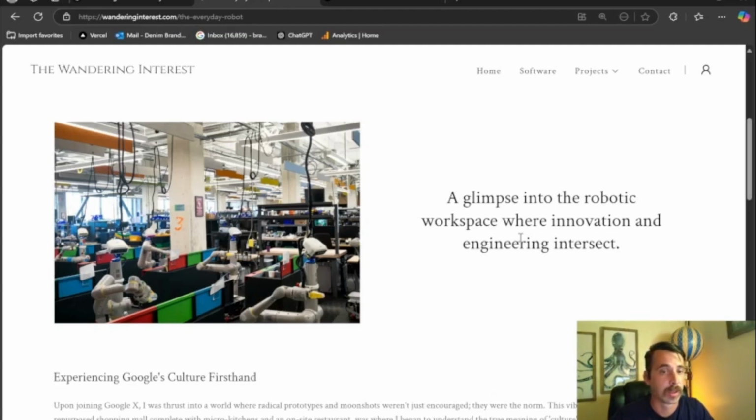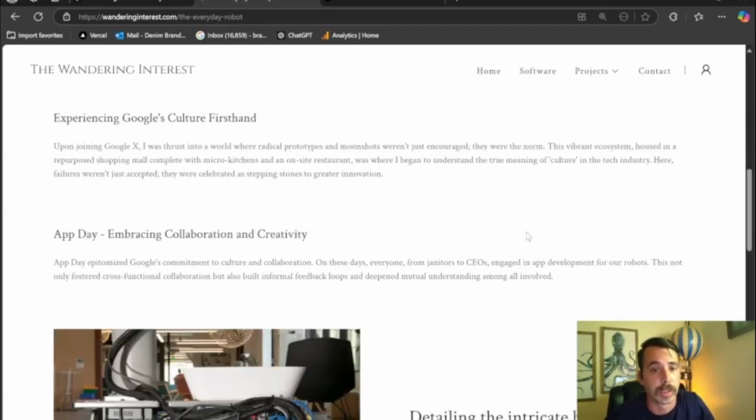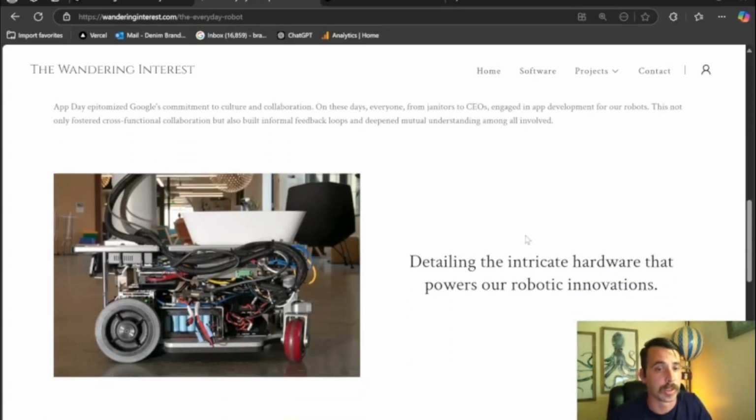I oversaw all of their daily operations. So generally my job was to keep the robots running, ensure that all of the new software coming out landed perfectly and didn't cause any issues on the robot, as well as any hardware upgrades or updates that we did. A lot of troubleshooting, a lot of reliability and characterization, a lot of deep software troubleshooting on this project as well. It was pretty amazing how advanced these were, how advanced the computers were in these,